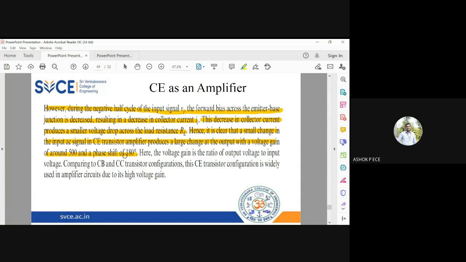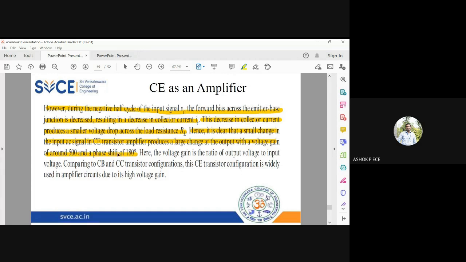500 volt on this, the transistor will burn, because such a high voltage cannot be withstood by the transistor. I'm just saying, for example, if I give 1 volt, the amplified version of 500 volts is obtained at the output. But for transistors we usually give signals in the order of millivolts. So if I give 1 millivolt, I will multiply that by 500, so I'll get 500 millivolt, which is equal to 0.5 volt. So I will be getting 0.5 volt at the output.